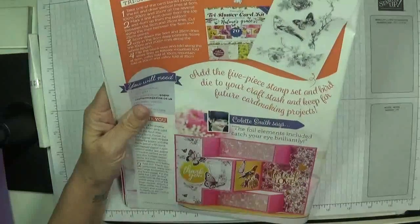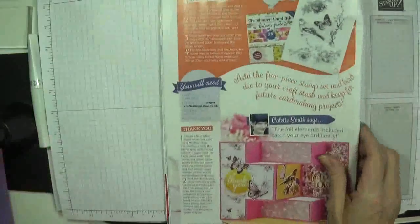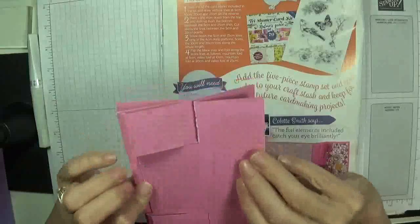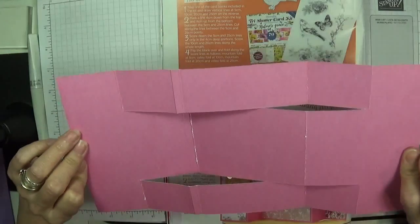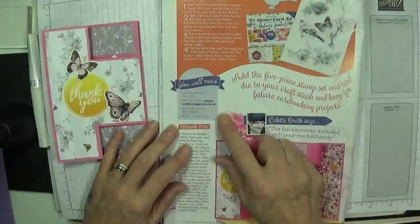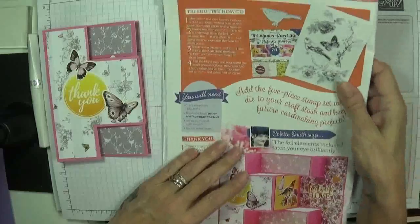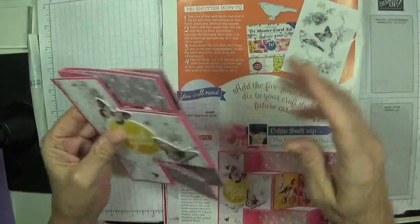This one. OMG. The papers they sent for the card bases, disastrous. Look, they crumbled, they split. I had to readjust the score lines. Everything was in centimetres and I just don't do centimetres. So I did everything she said in there,